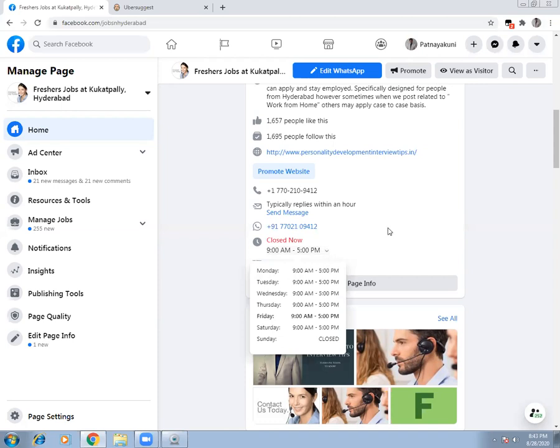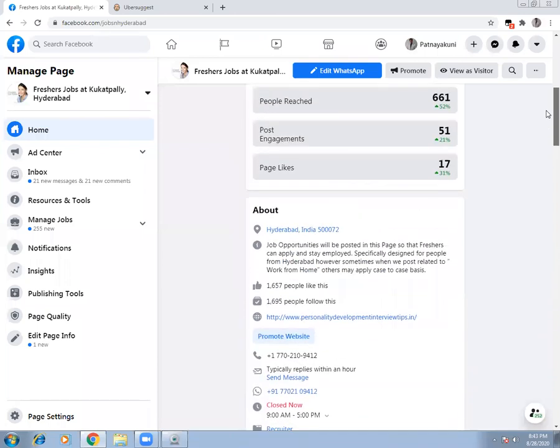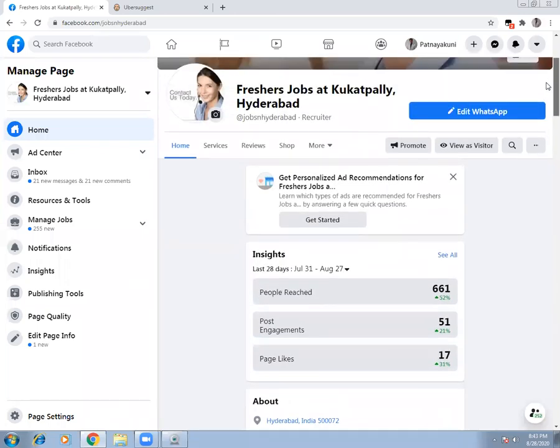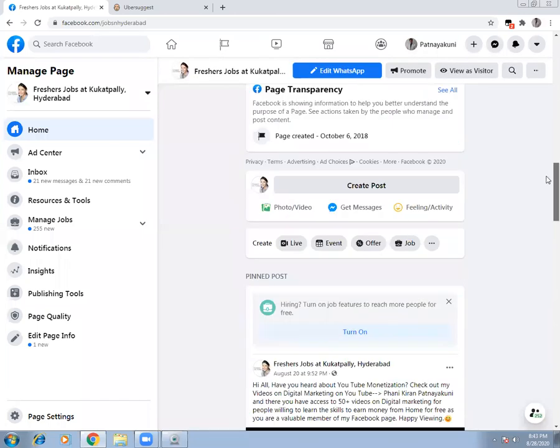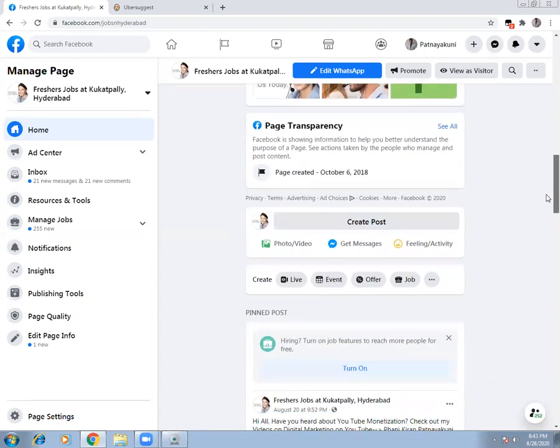In case you are actually running a website on your own, here you have an option. You can go and edit the page, and simply by clicking edit, you can change these details. Okay, so that is how you do it. Now you also get the details as to when this page got created. I created this on October 6, 2018. That means we are in August, so September, October, 2 more months for this page to complete its 2 years.